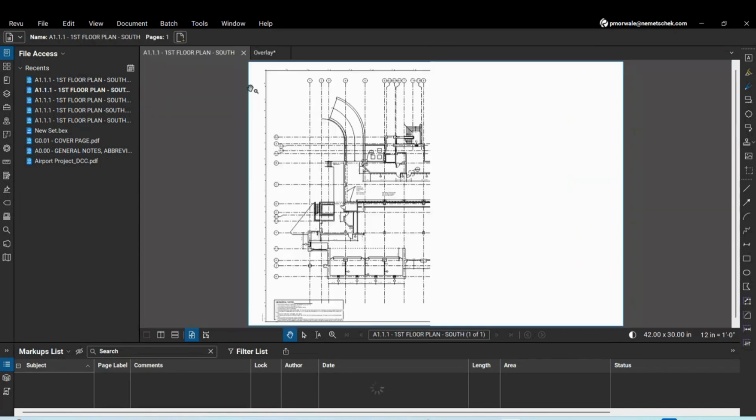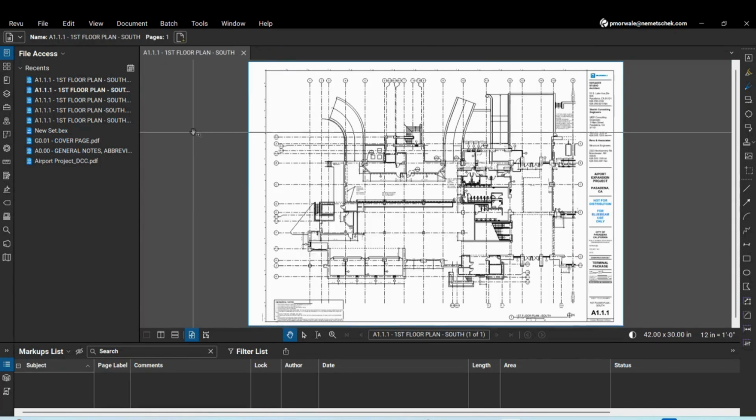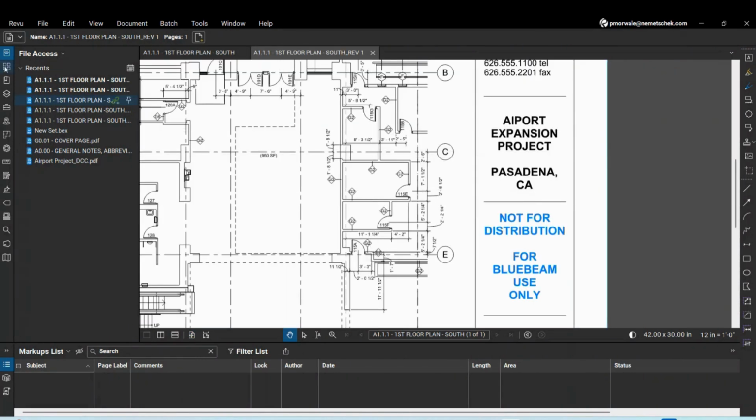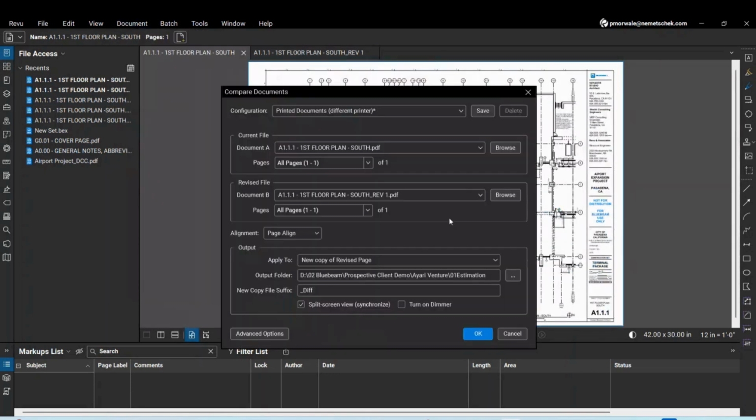Now let us try the compare documents option. So again, I have my revision 0 and revision 1 document. I can go to this compare document. In the first document A, I'll put the revision 0, and in this, I'll put the revision 1 as a document B. And again, over here, we know that it is going to be an issue with page align. So we can select the auto align over here,